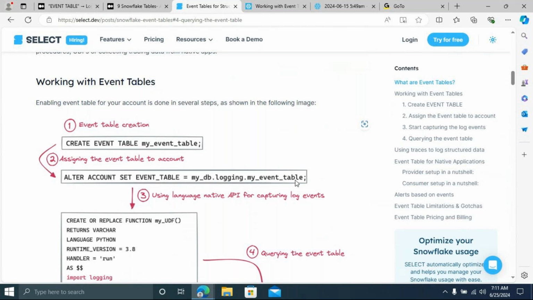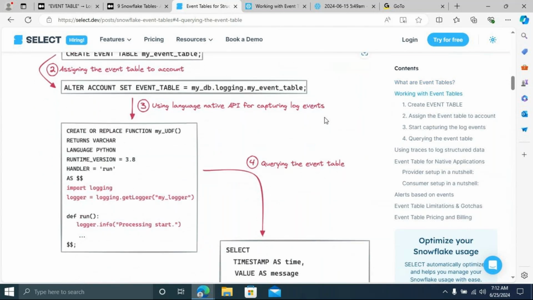Now I'm assigning this event table to my account. These are two major steps you have to follow, and they are very important: create the event table, and then after creating it, assign it to the account.